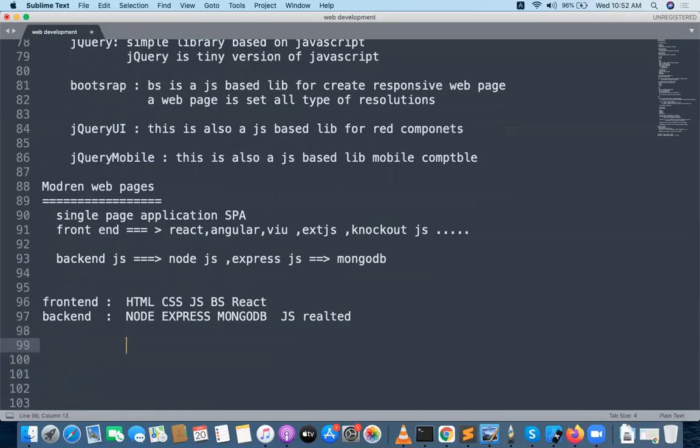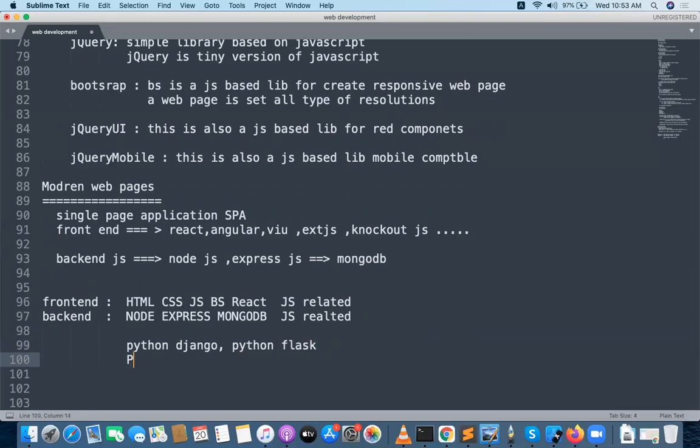If I don't want to go for a JS related back end and want to go for something else: this is a JS related front end, but the front end is common anywhere you go. JS related front end will be there, though a JS related back end is also there in the market now. If you want some other back end, you can go with Python Django or Python Flask. Python Flask is also nice in the market.